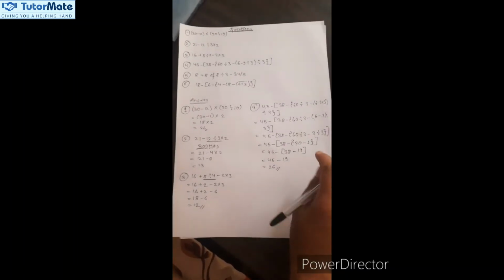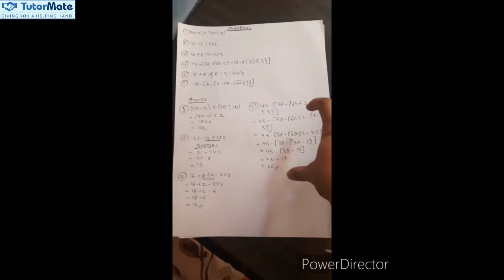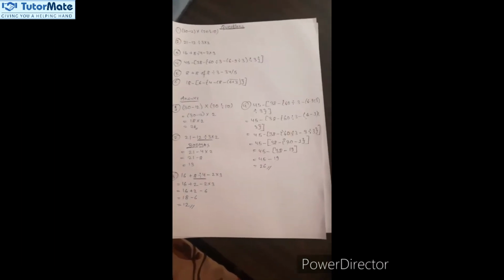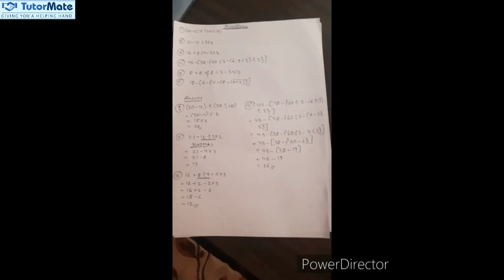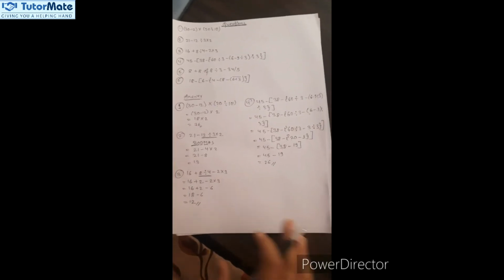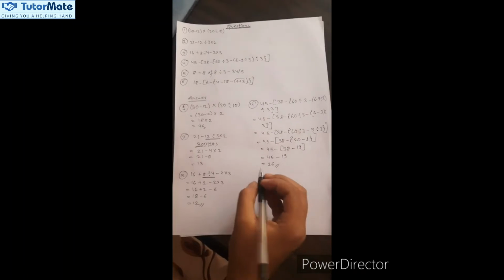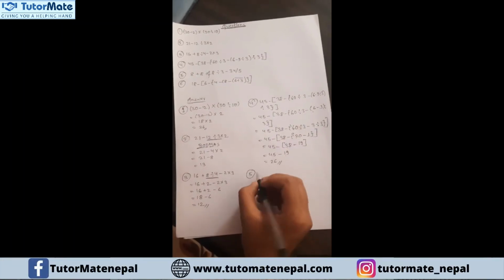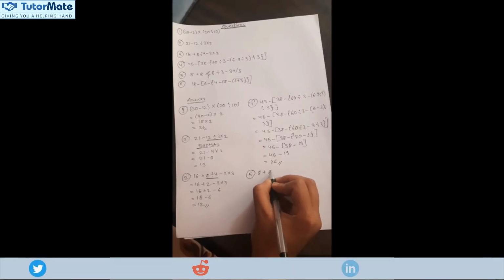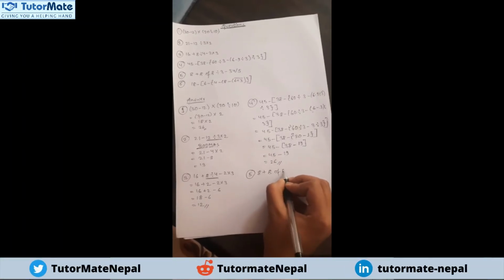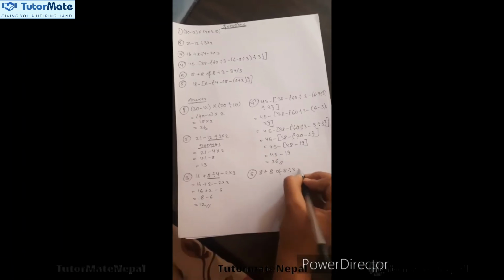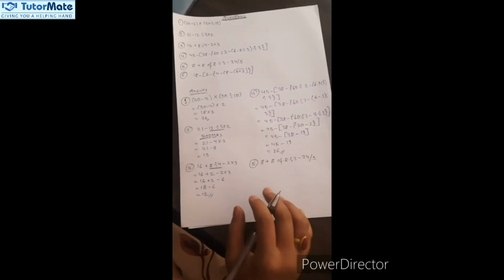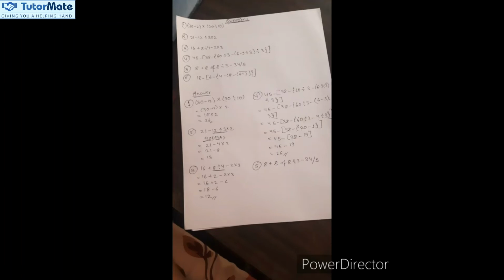So this question is quite complicated, but it is easy if we know the BODMAS rule. So let's go with the next question now. Question number 5: 8 plus 8 of 8 divided by 3 minus 34 by 5. So in this question there is no bracket, but there is an 'of'.